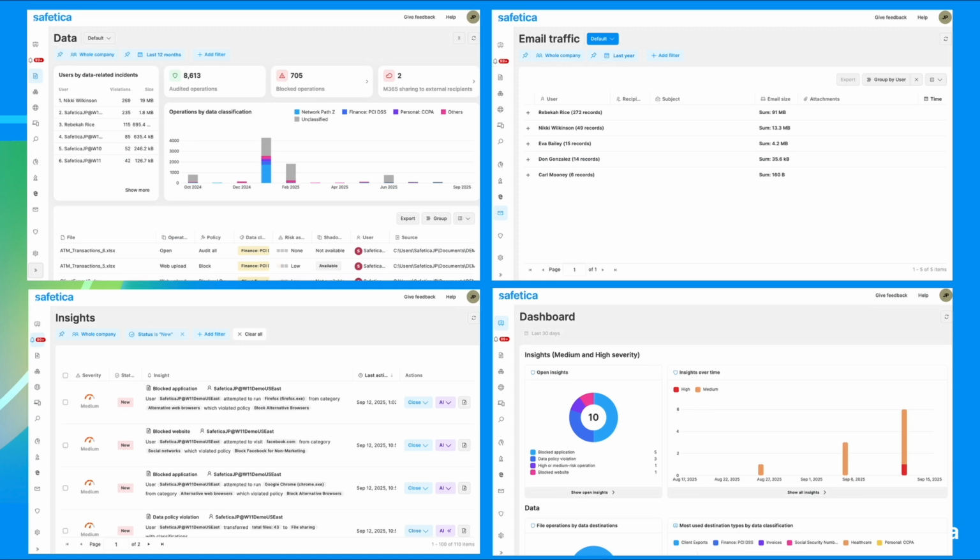And just wanted to give a quick overview here. I know I don't have so much time left, but still just wanted to give a quick overview of the Safetica solution. On the top left here, we've got the data pane going over different data related incidents. Relatively nice and simple, easy to understand information on that page there for people opening things, moving things, renaming things, creating, deleting, so on and so forth. We've got information on all of those events there.